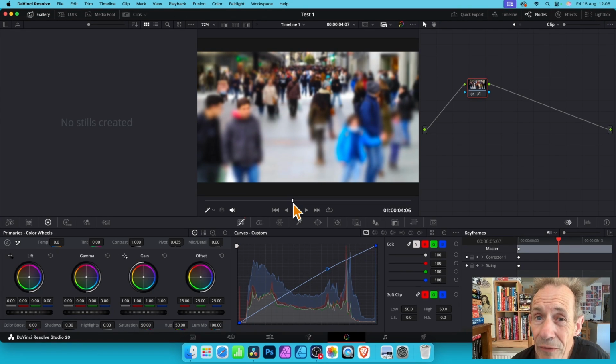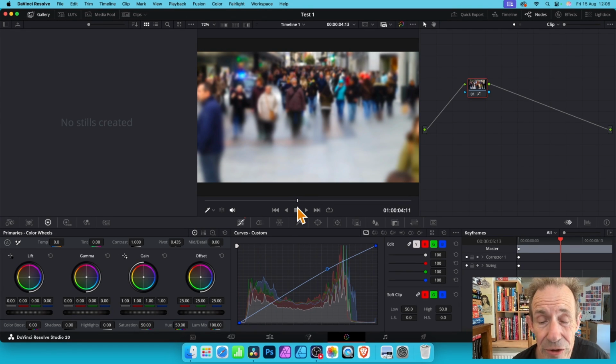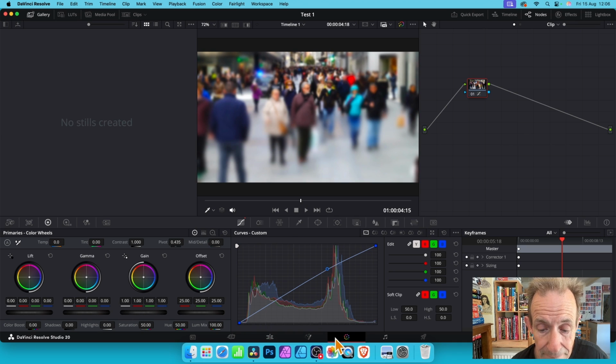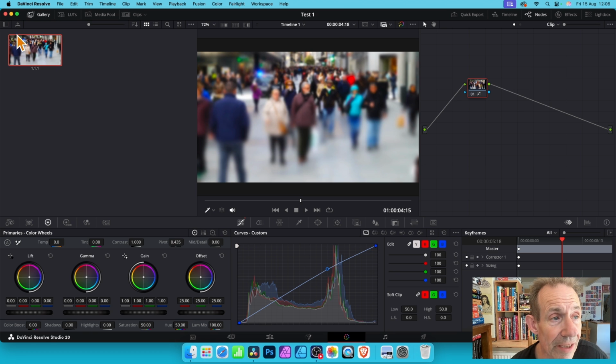In this tutorial for DaVinci Resolve, how to export the current frame as a still. Now I'm in the Colour tab here, so Colour tab. You can then right click and grab still, so the current frame is then added over here in the gallery